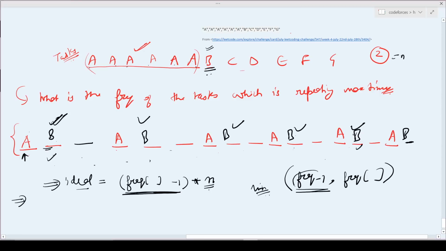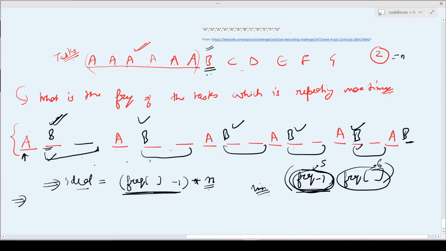It indicates the number of ideals in one slot: first, second, third, fourth, fifth. So basically I am reducing my number of ideals here. The maximum number of ideals which can be utilized by a particular alphabet is at max frequency minus 1, which is 5. So if B is 6, still I will have at max 5 utilizations, right?